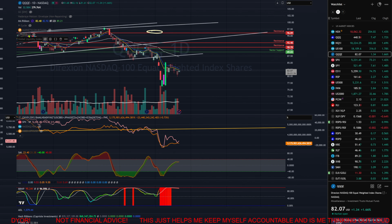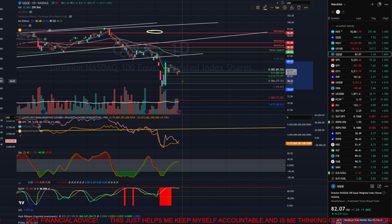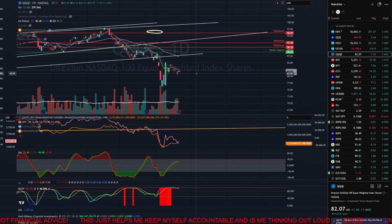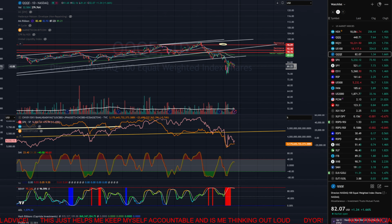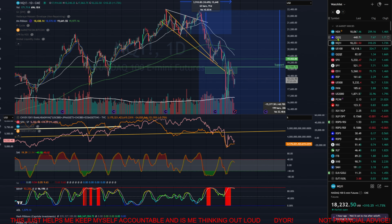It's not necessarily something where you want to be buying long term at this point. Equal weight only got to the 50.5 fib. But yeah, equal weight's still, like, this is a pretty typical break, retest, continuation sort of pattern here on most of these